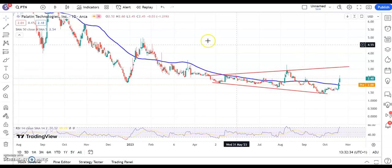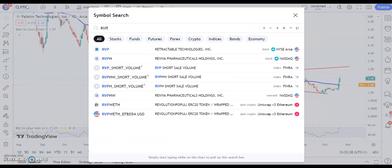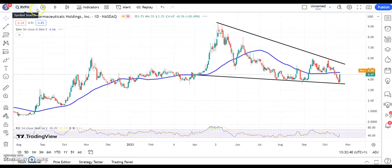The last few are coming up next. The first one is of interest in the sense that you can see that Reviva's bounced off the floor of a falling wedge. That was around the $3.80 level. Above that, looking for at least $5.50 by the end of next month. Perhaps even sooner than that, given the sharp rebound that we had at the end of last week. The acid test will be a break of the 50-day line around